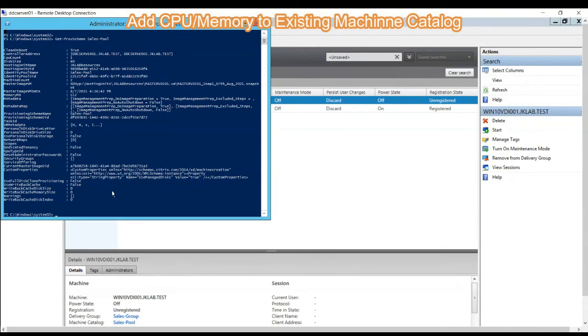We will run this command: Set-ProvScheme, with the parameter -ProvisioningSchemeName. Here we will type the catalog name to add more CPU and more memory within the desktop. My machine catalog name is sales-pool. Then type space -VMMemory